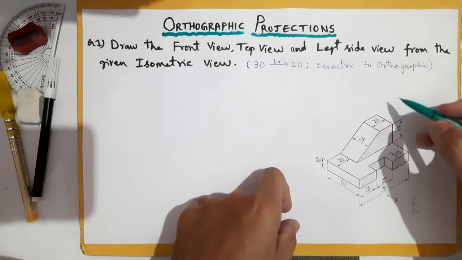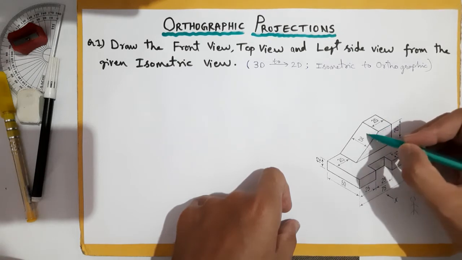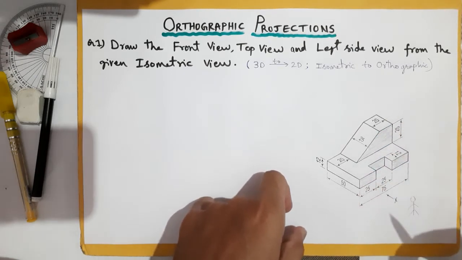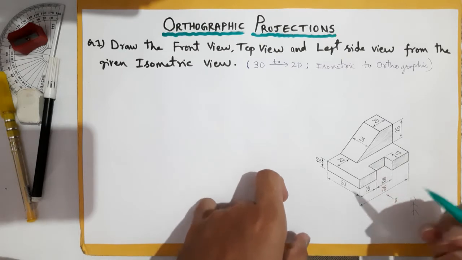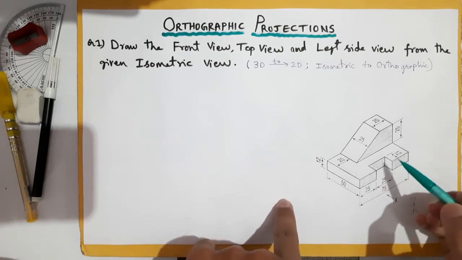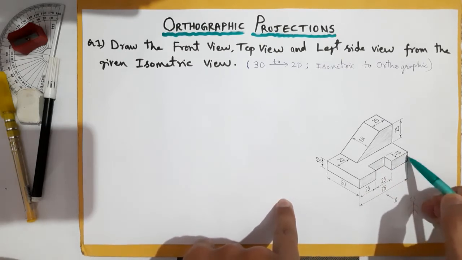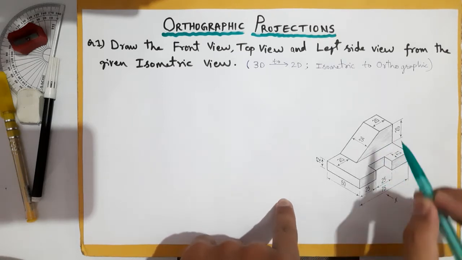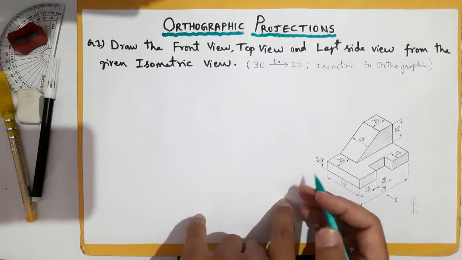And in the top view, these three surfaces will be visible. While doing the top view we will see that one. As of now we will see the front view. So this is the face which is visible in the front view, this is 3 and this one is 4. Let us start the front view.